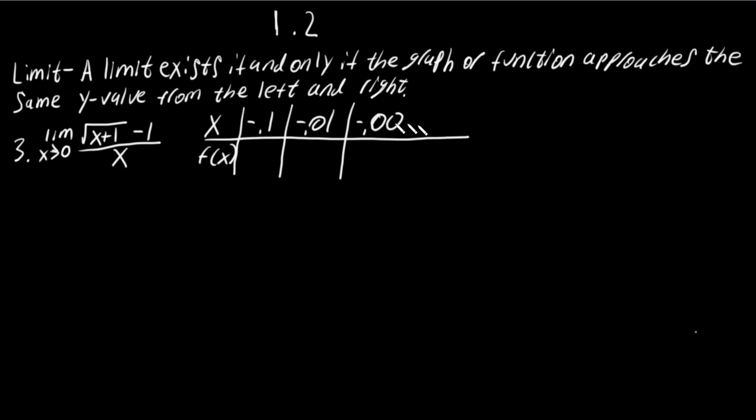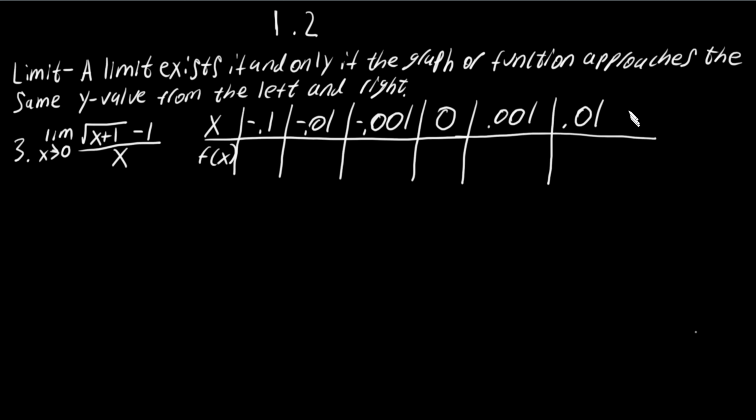Then we finally make it out to 0, which is what we're trying to find. And after that, we go to 0.001, and we're going to reach 0.01,